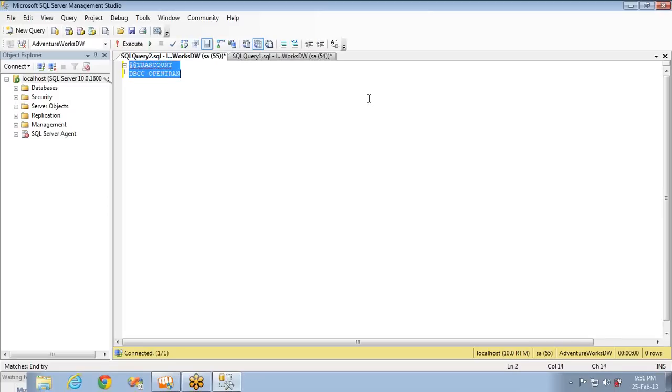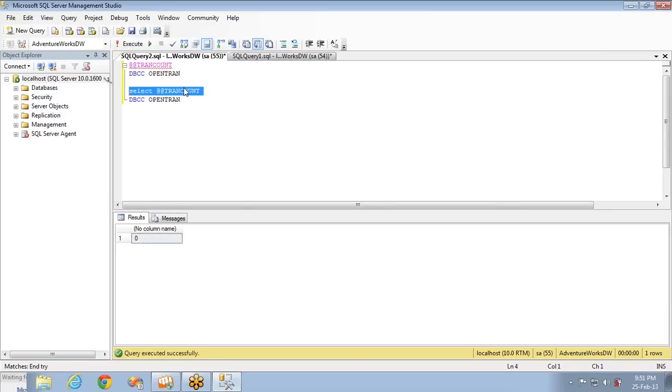Let me demonstrate the same. At this point of time I don't think there are open transactions. Let me select and execute the same. If I select the global variable @@TRANCOUNT using the select statement and it gives you 0, that means there are 0 open transactions, and if it gives you any number like 1, 2, 3, 4, 5, that means that many open transactions. And let's see the second one. The first one, @@TRANCOUNT, has given you an integer value, either 0, 1, 2, 3, 4, and so on.